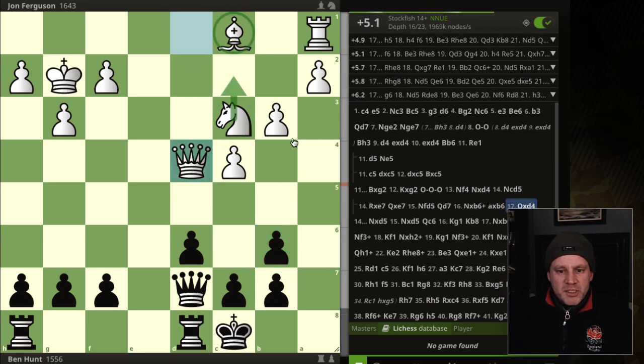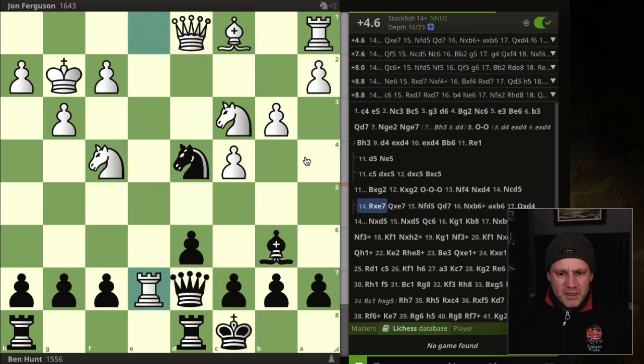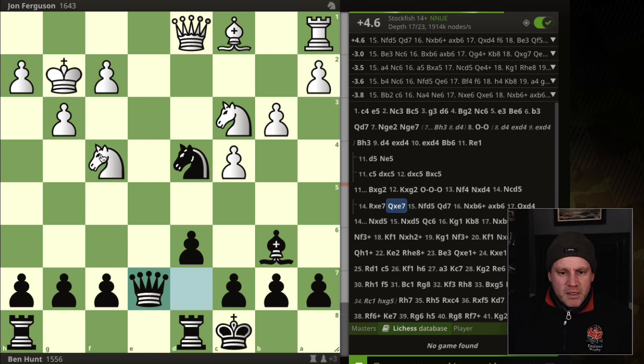Wow, so he's got two minor pieces for a rook, basically. Wow, who would have calculated that? Anyway. So why is that? So if rook takes here...